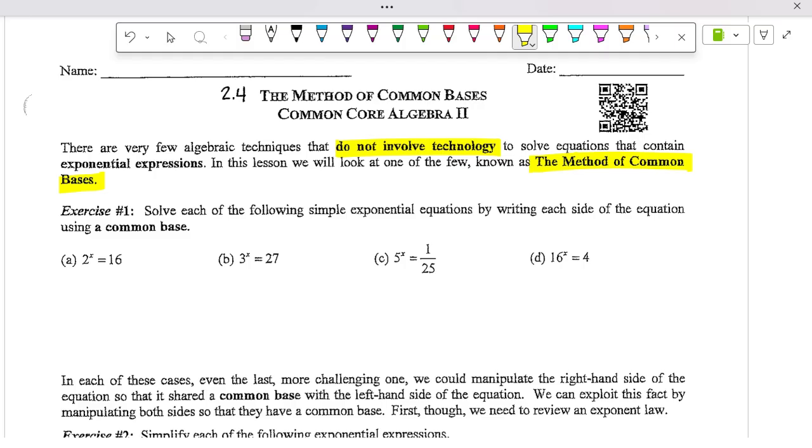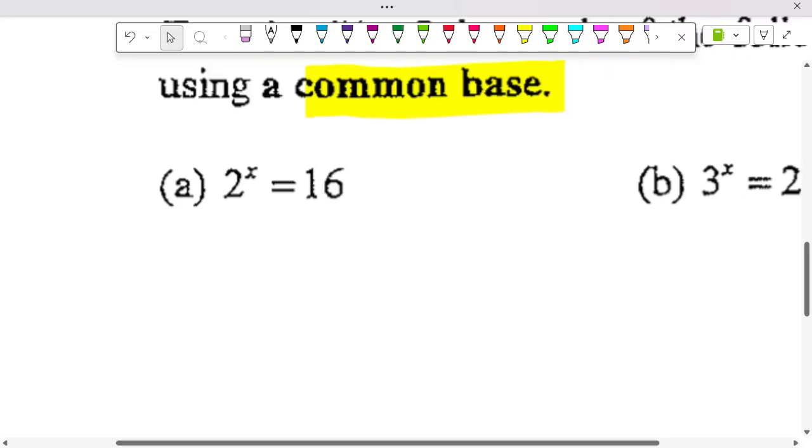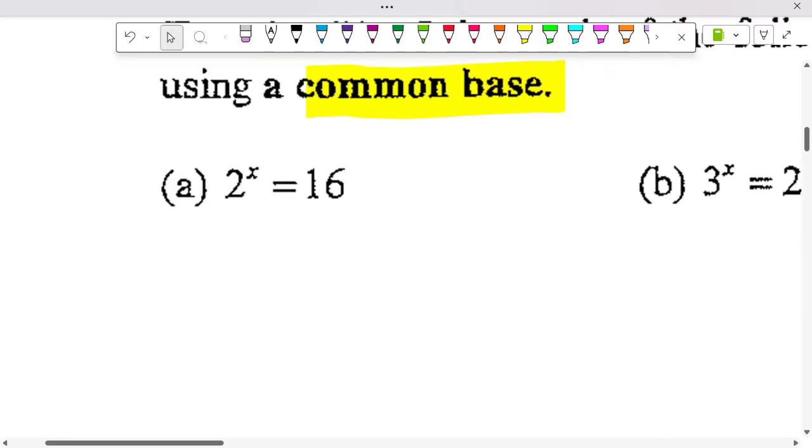So what we're going to do is we're first going to rewrite these equations with a common base. So what do I mean by that? Let's look at letter A. If I have 2 to the x power equals 16, I want to make it so that both of these are raised to the same. Both of these are going to be the same number, just raised to different powers. All right? Now, if you think about it, 2 is pretty low, so we can't really manipulate that one. But